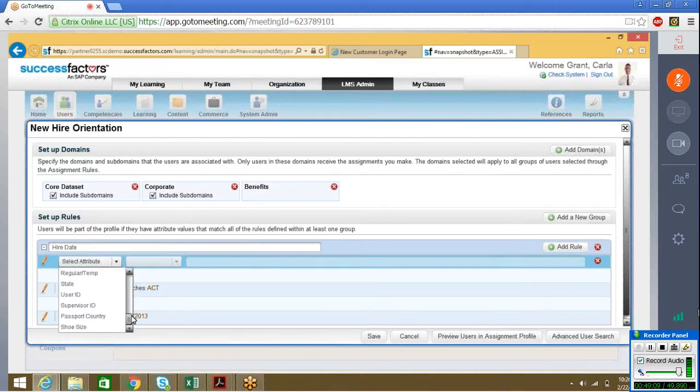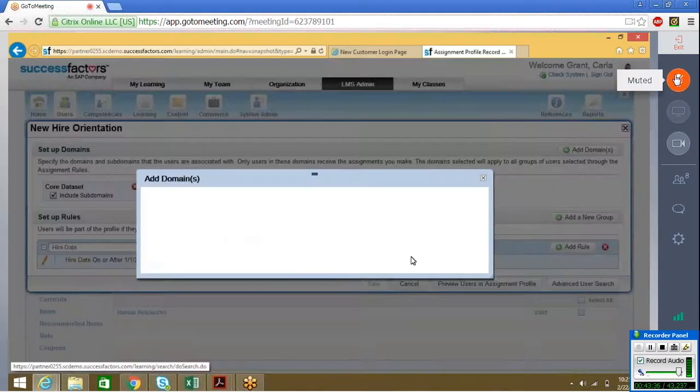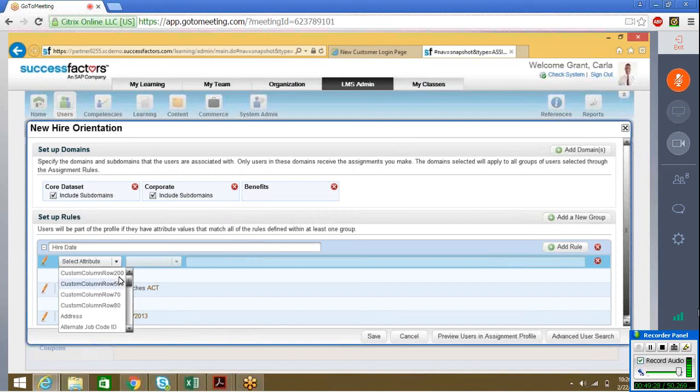So this way you can choose any number of criteria that you want from the attributes given here. Other than the standard attributes, if you want to give your own field selection, then you can choose custom. There are some custom fields that people have given, so you can always create your custom fields from the configuration file and then choose them under the selection criteria. So once you are done with that,